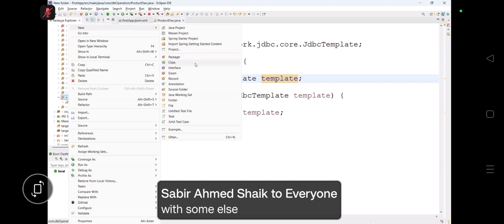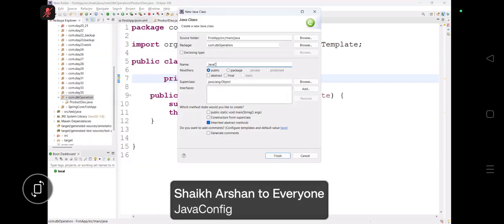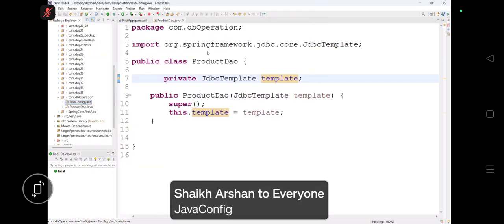I'm writing a class which is known as JavaConfig. Everybody see here, JavaConfig is there, right? JavaConfig is there. Inside this